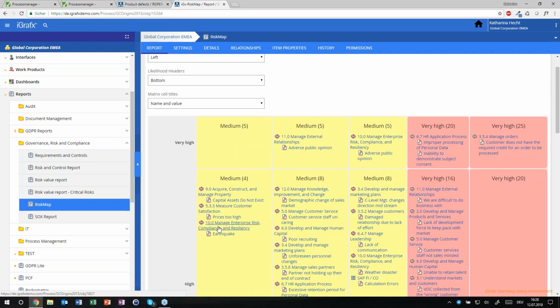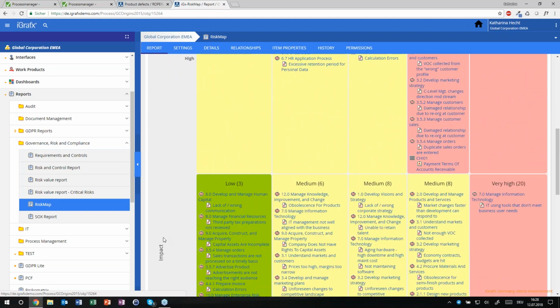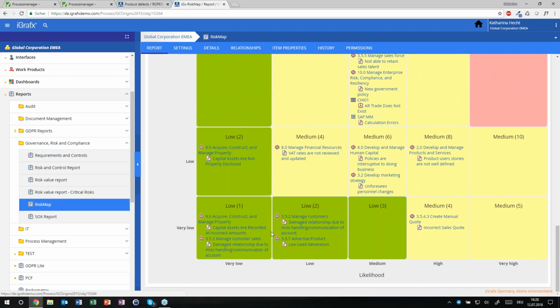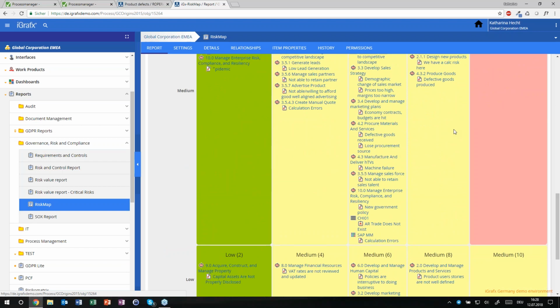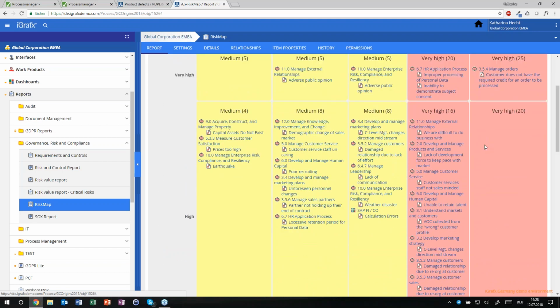The risk map now will state all the risks that have been identified and the process they refer to. So we have here the impact and the likelihood, and you can directly track with a color, is it a low, medium, or high risk, which will also help you now to better understand where you have to take your measures, because, well, we don't want to have the very high or the high risks.